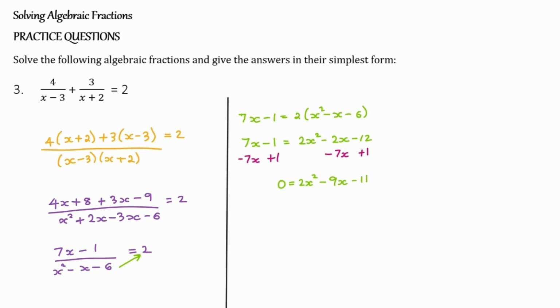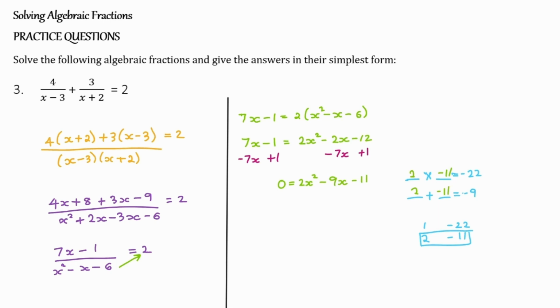So now this is a quadratic equation with a coefficient of x squared. And in order to solve it, we can first factorize it by looking for two numbers that multiply to give us minus 22. And those same two numbers need to add to give us minus 9. So if we look at the factors of 22, we've got 1 and 22 and 2 and 11. But because we are adding to get a negative number, that means the bigger number would have to be negative. So if we look at which pair gives us minus 9 when we add, it is 2 and negative 11. So this is the factor pair that we will be using,